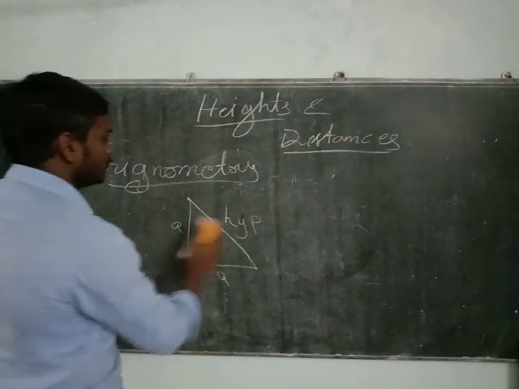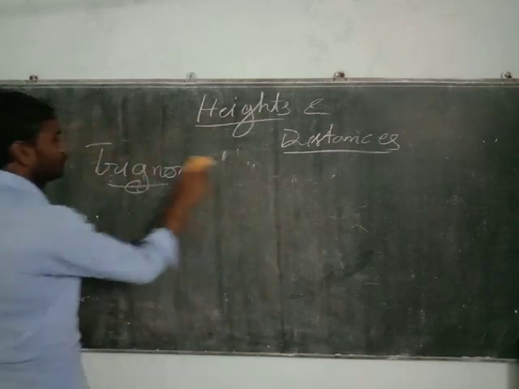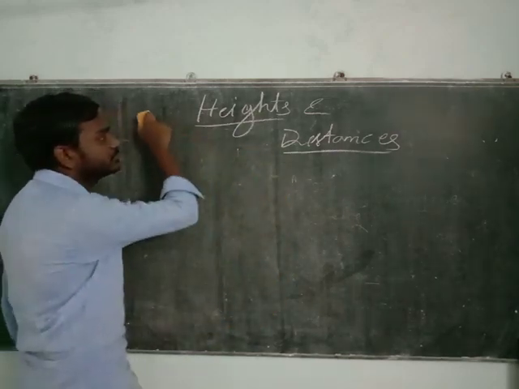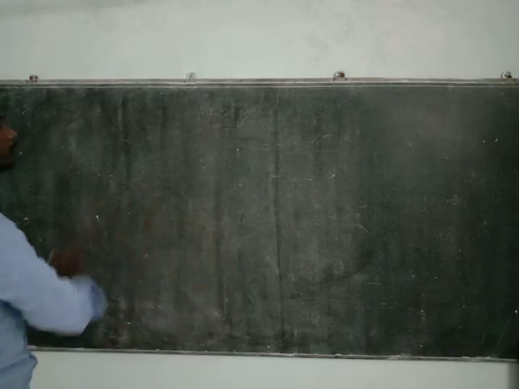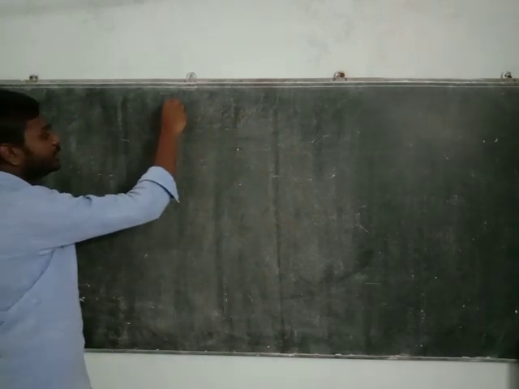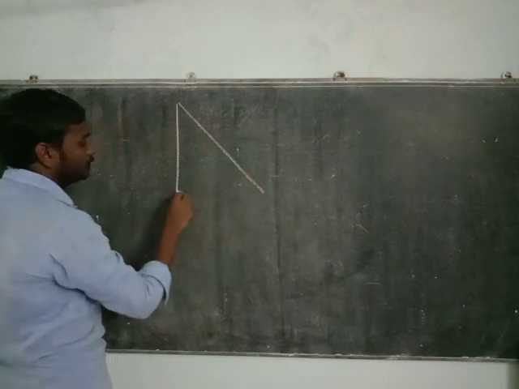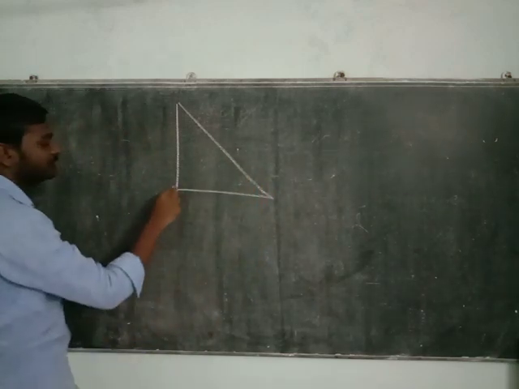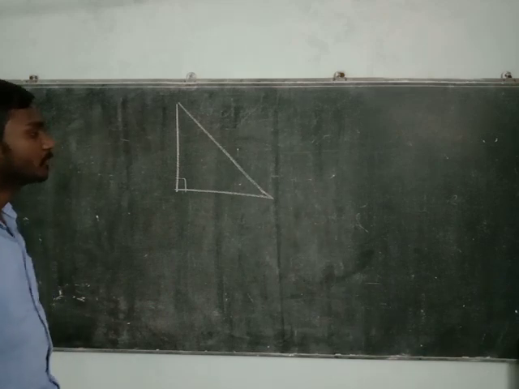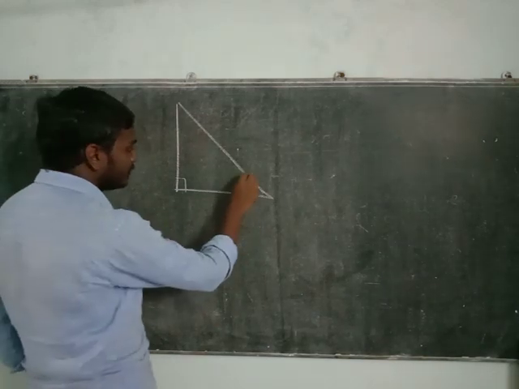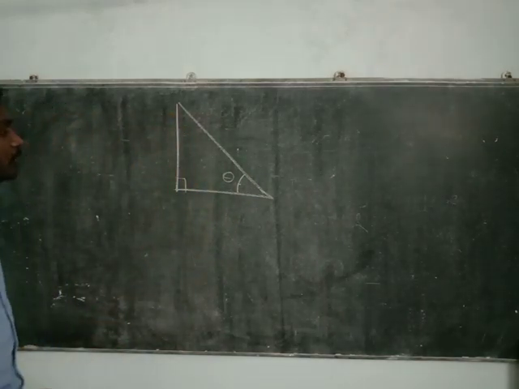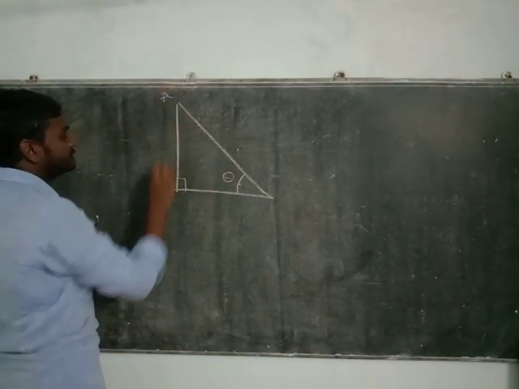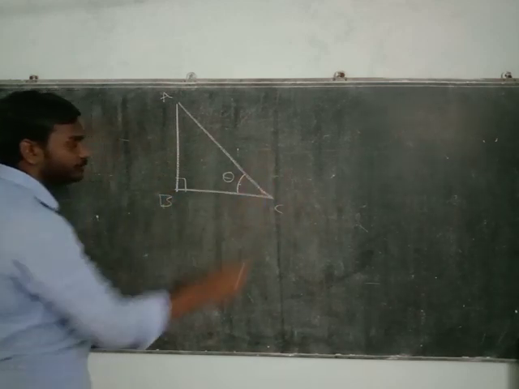So let us discuss the angle and the values and also the hypotenuse square formula. Let me take a right angular triangle. It is said to be a right angular triangle as one of its angles is 90 degrees. Now, if I take an angle here, let it be theta, or I can either take it here, that's up to me. So, let me denote this triangle as A, B and C.